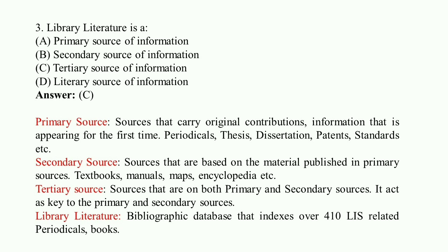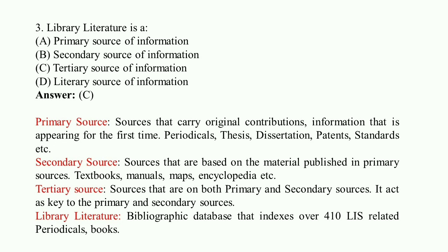If there is a bibliography, it helps us get the description of some particular book or some particular periodicals. Here bibliography is a kind of tertiary source of information. From the bibliography we get information about some book, about some periodical. Bibliography redirects us to the primary source and the secondary source. That is why bibliography is a kind of tertiary source of information.